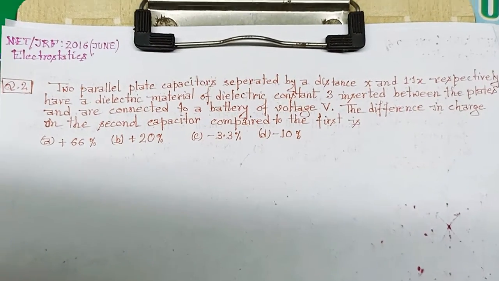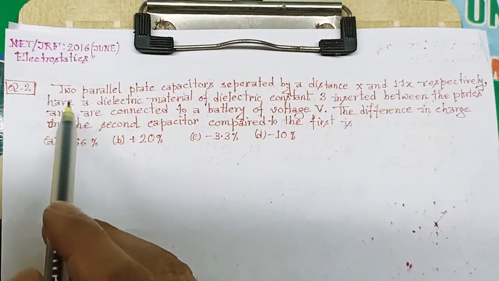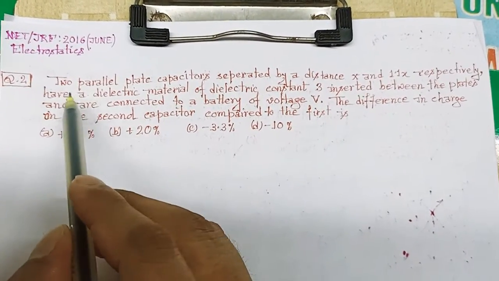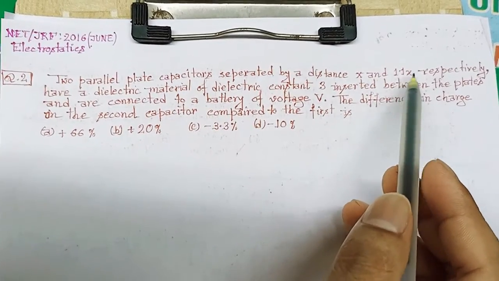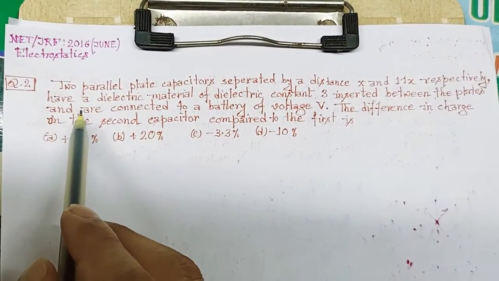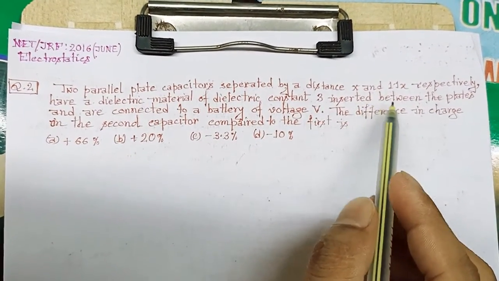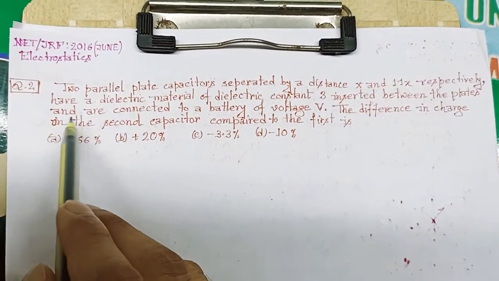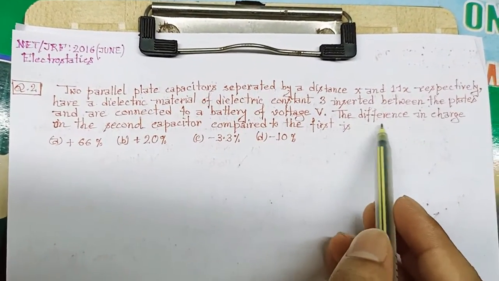Here is a question from NET JRF 2016 from electrostatics, question number 2. In this question, it is given that two parallel plate capacitors separated by distance x and 1.1x respectively have a dielectric material of dielectric constant 3 inserted between the plates and are connected by a battery of voltage V. The difference in charge